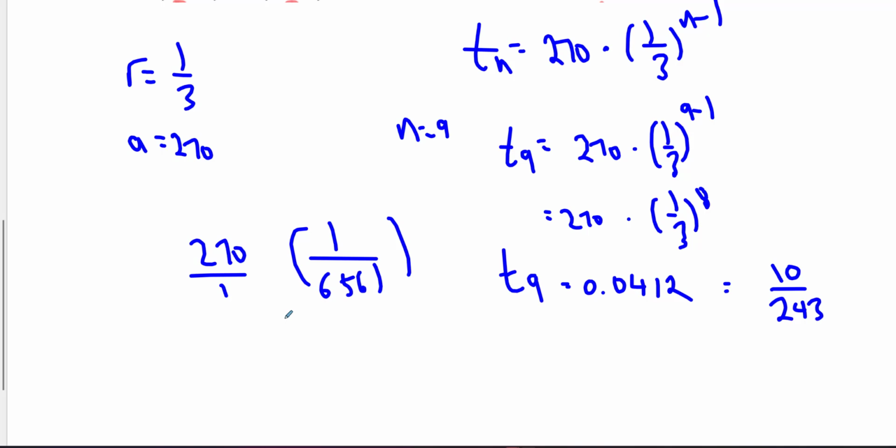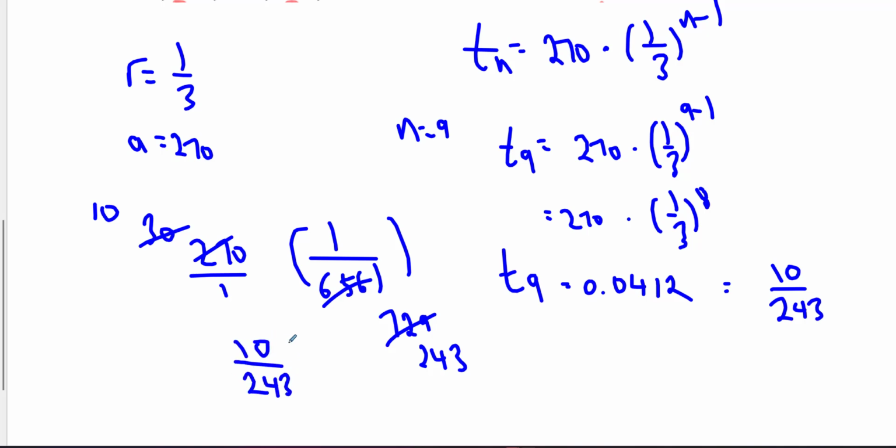So let me see, 6,561 divided by 9. So I can divide both by 9. It's going to be 729. And 270 divided by 9 is 30. I can probably divide both by 3. That's 243. Now we're at 10. And 10 over 243 is the answer because the only factors of 10 are 2 and